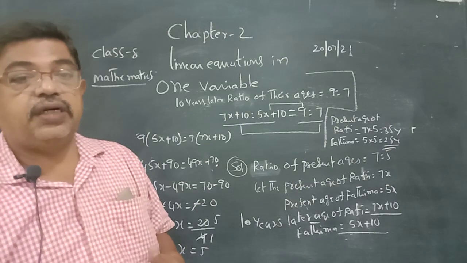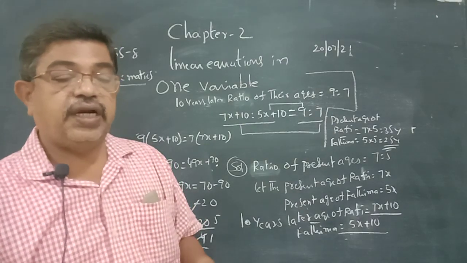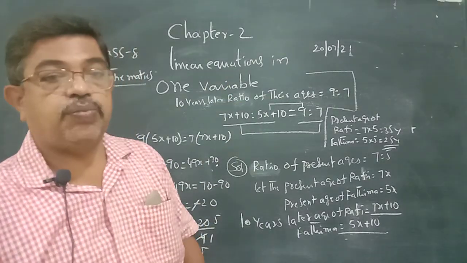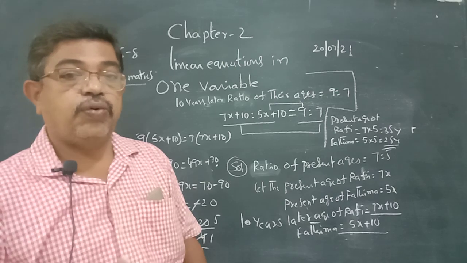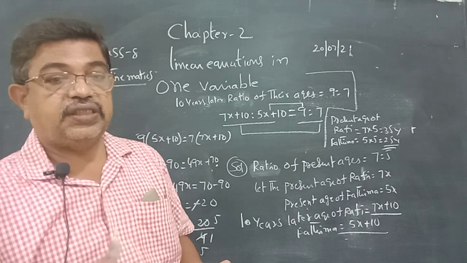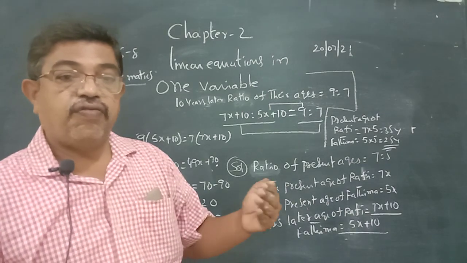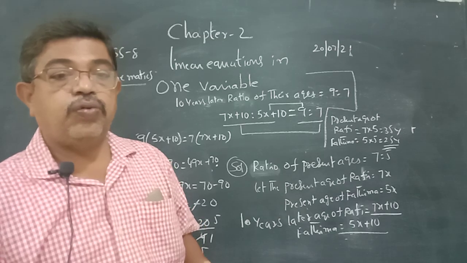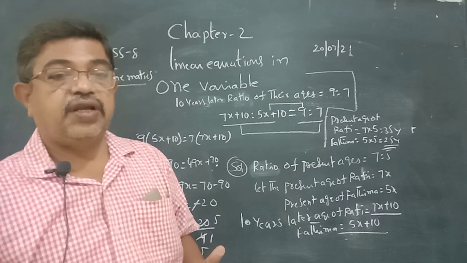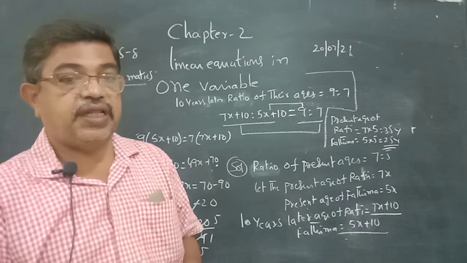Now we have completed some more problems in linear equations in one variable. We did general equations and we framed the equation and we did some more problems. In tomorrow's class, we are going to do some more applications of linear equations having variables on both sides of the equation. Follow all these problems carefully. Do one by one. Understand the concept. Understand the process. If you didn't understand any problem, you can message me. I will explain them in the next class.